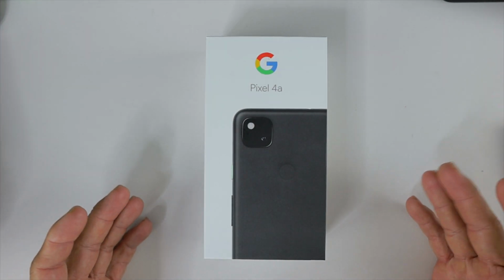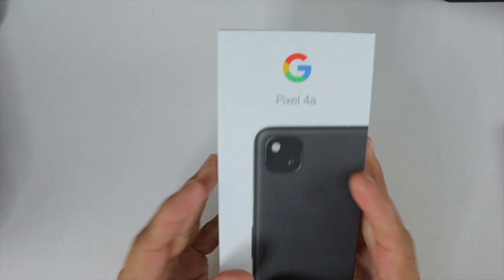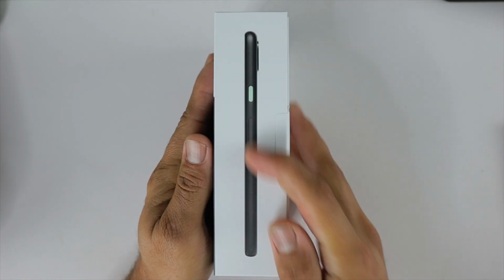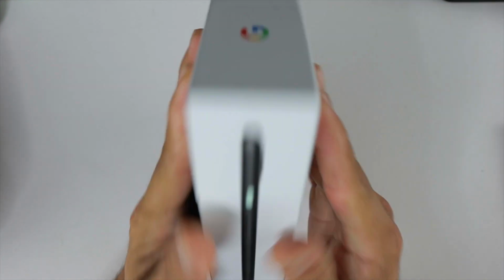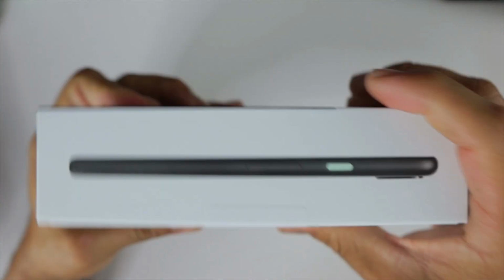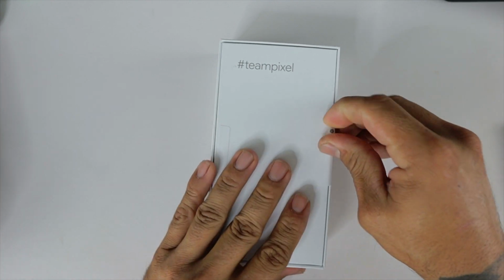This is going to be a quick unboxing. Let's go ahead and unbox this Pixel 4a. Quick overlook of the box here. You see a silhouette of the phone there with the power button, and it looks like it's mint green. Google logo, and a lot of mumbo jumbo. Let's go ahead and peel these tabs here and hashtag